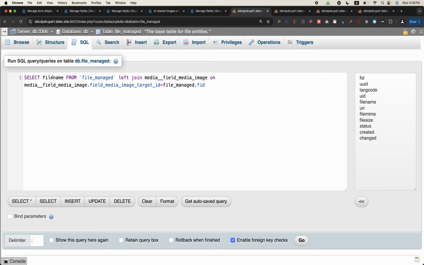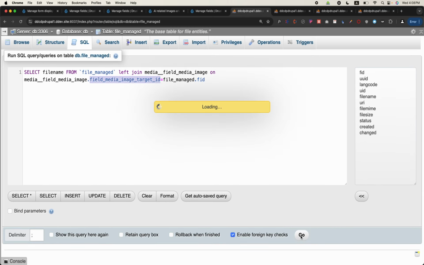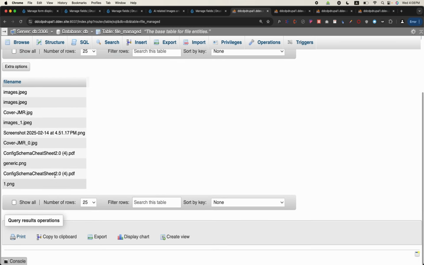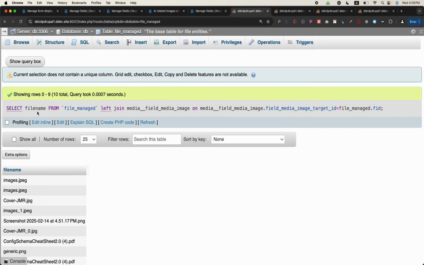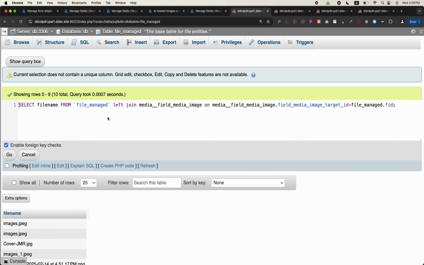So we'll select the file name from file managed, the first table where the files are saved. Let's join this media image field, but the column where the join should be will be target ID on the media image field table. So if I go, these are all the images. And if I also show, where is quick edit, inline edit, okay. If I also show the